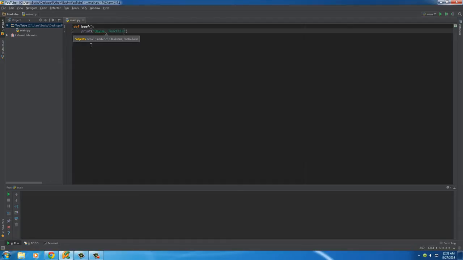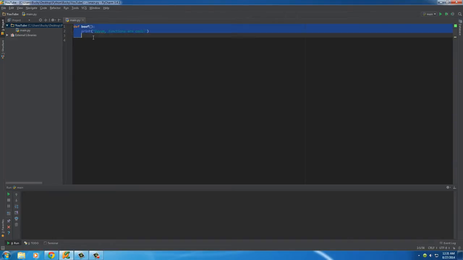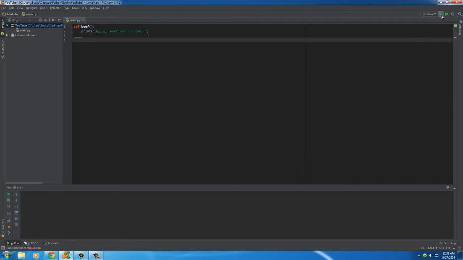"Damn. Functions are cool." Alright, so this is a pretty useless function. Again, this is just a function called beef, and the only job of it is to print something out on the screen. So if you run this right now,